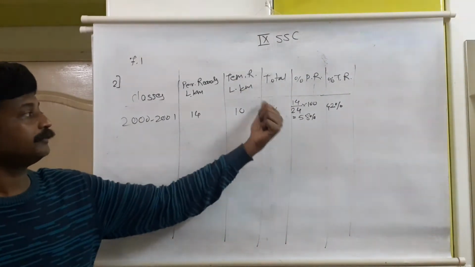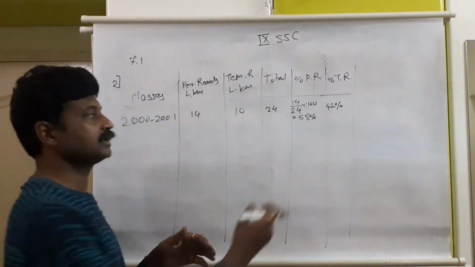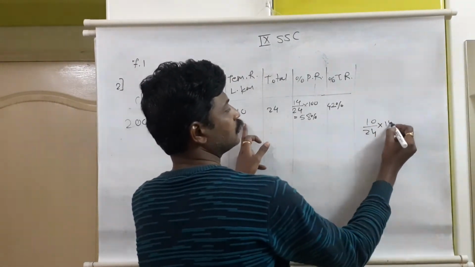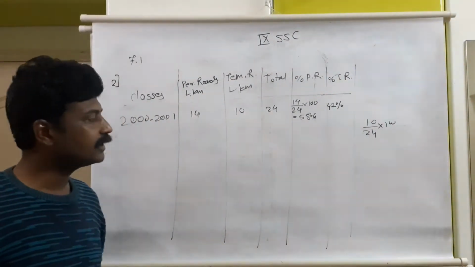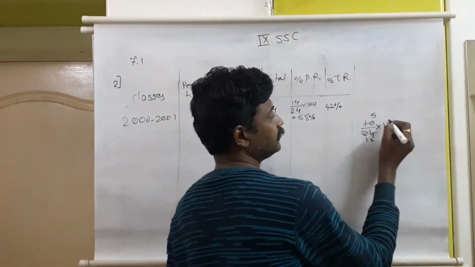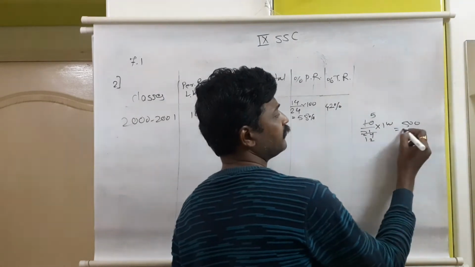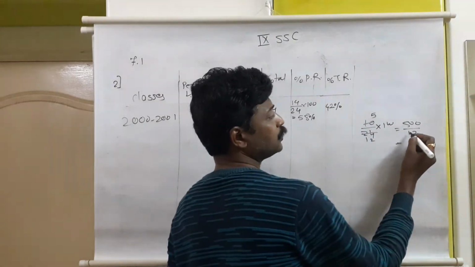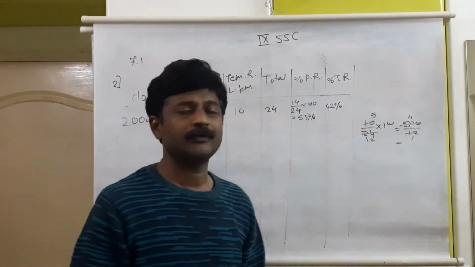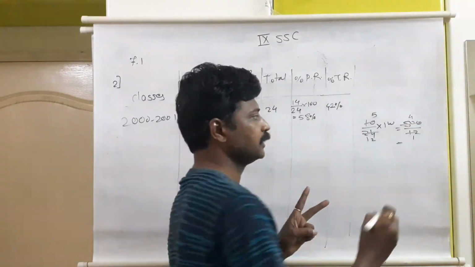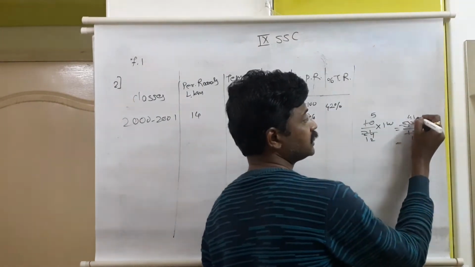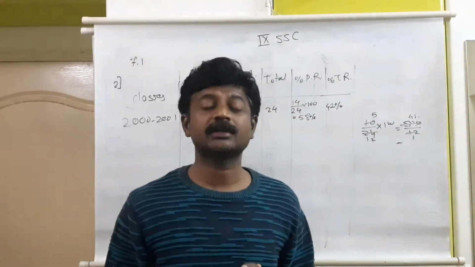So out of 24, if 10, then out of 100 how much? Let us see how it will be. Suppose 2 12s are 24, 5 into 100, that is 500. 500 upon 12, 12 4s are 48, remainder will be 2. 2 and this 0 will form 20. 12 1s are 12. 20 minus 12, remainder is 8.